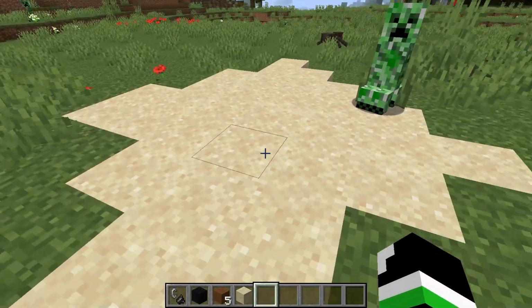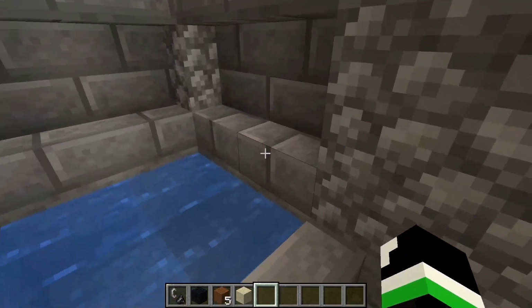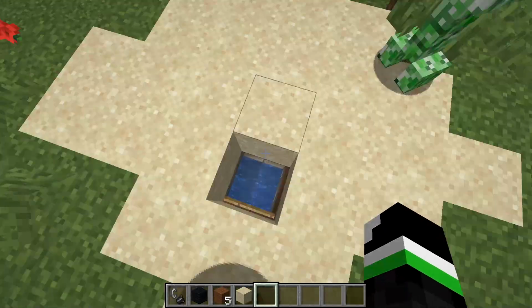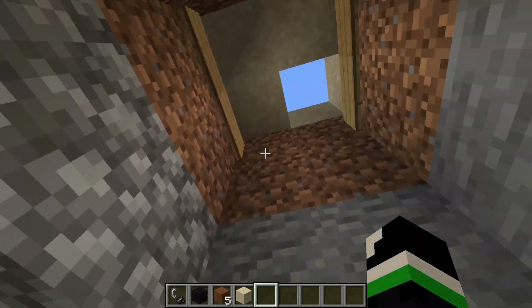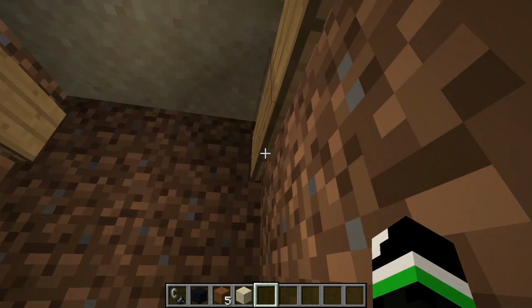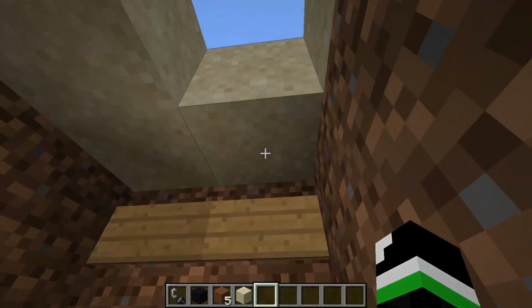So yeah, what you do is you just, excuse me for this very not thorough build. I wanted to really just emphasize the entrance because that's the main thing. You have 4 signs here in a 2x2. Sorry, 4x4. Math skills on point. But a 2x2 with 2 signs on each side, which then